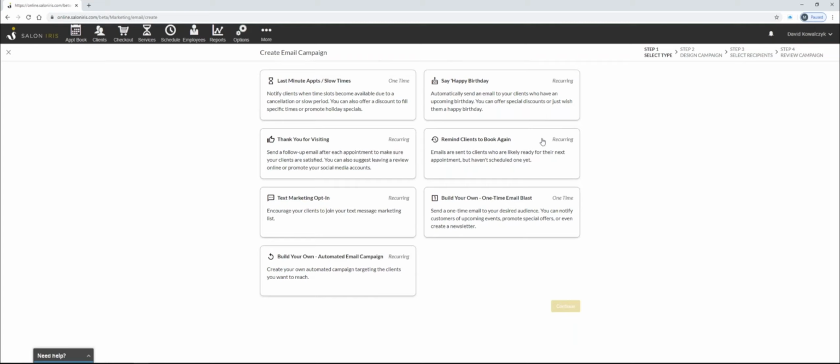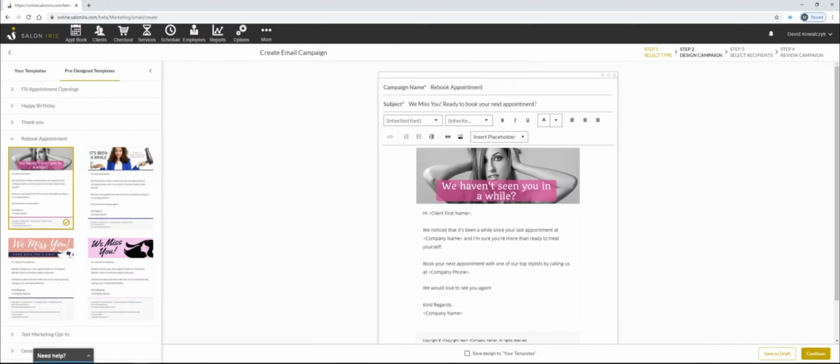Which is really great. Another awesome one is remind clients to book again. Very applicable all across the board here. We all want that door to stay revolving and we want our customers to return. This is a great way to do so. I'm just going to use this as a starter example here. So if I go remind clients to book again and we do click continue, what it's going to do from here